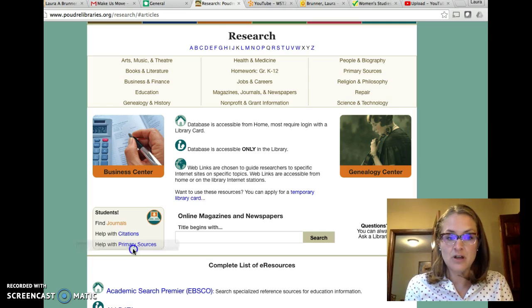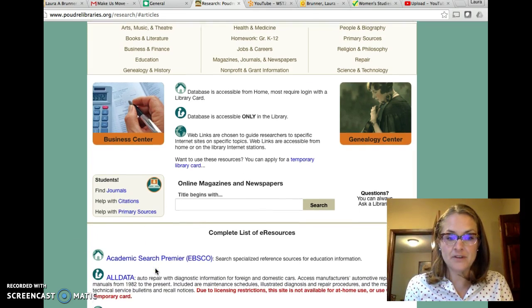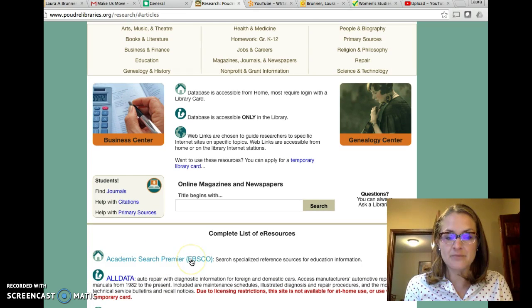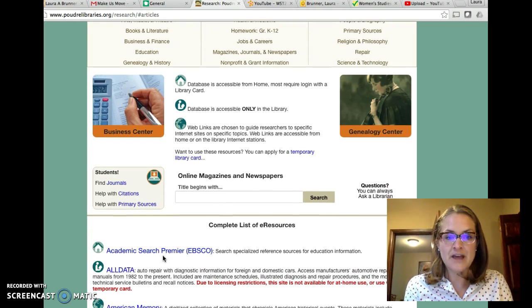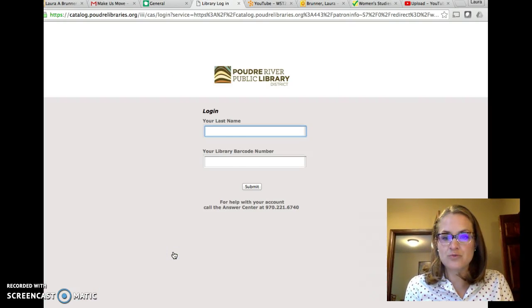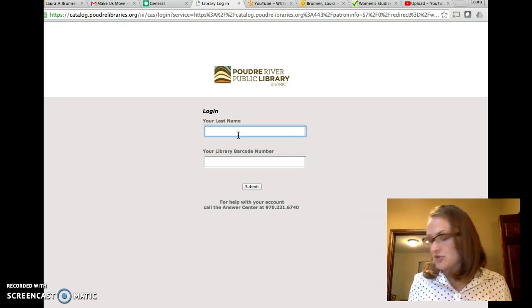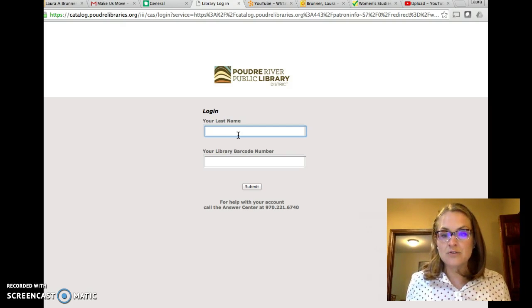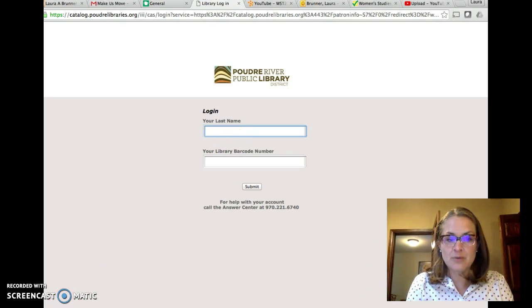Actually, no, this takes you directly, so this will be quicker. Academic Search Premier, EBSCO, will search through any kind of academic articles, peer-reviewed journal articles that you might need. Now, you need to enter your login information and your library barcode.